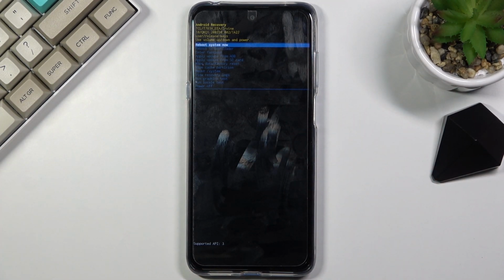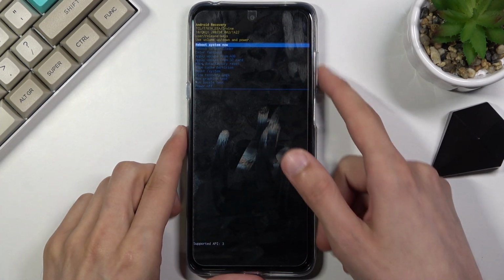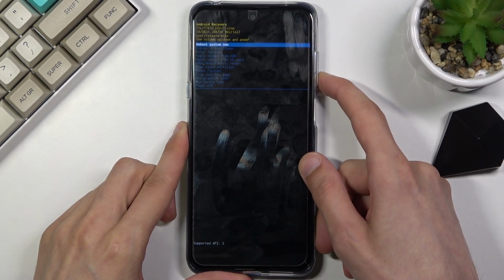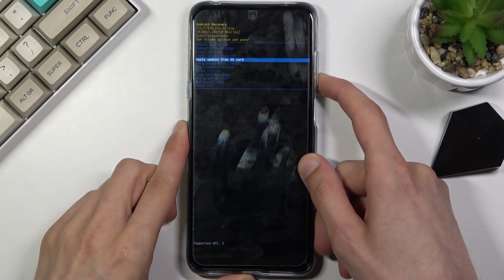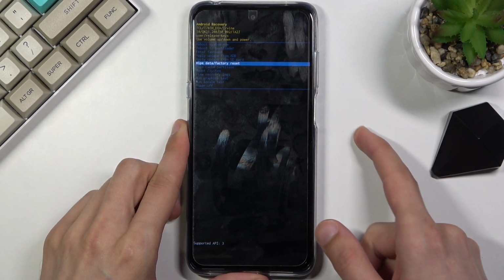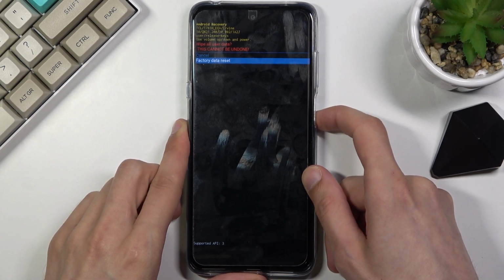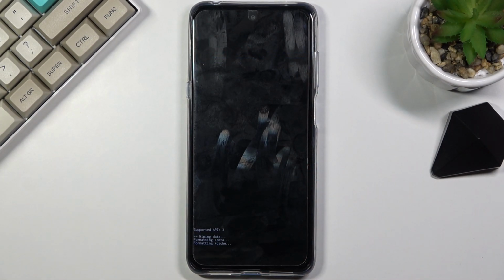So obviously from here you'll use volume keys to navigate. As you can see, volume up goes up and down goes down, and you want to use those keys to select wipe data factory reset, confirm it with power key, then select factory data reset, press power key once more,